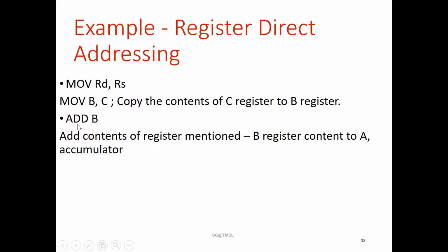Or you can use ADD B. What is the function of ADD B? Addition between the content of register A and the content of register B. You don't know the content, but you need to add them. Whatever the content of the accumulator and whatever the content of register B will be added together. You are not going to access that particular data directly. Whatever your data is, that will be added. You are not bothered about your data, you are bothered about your operation. ADD B is also based on register to register operation. That's why this is under the register direct addressing mode. SUB B is also possible.